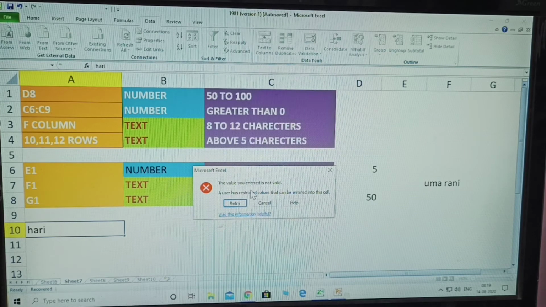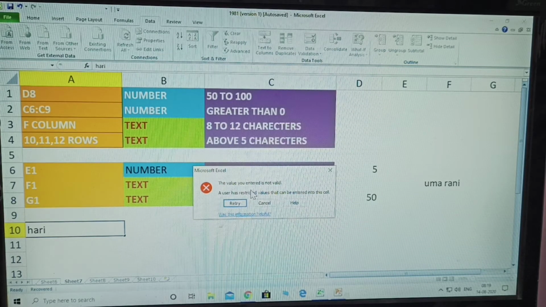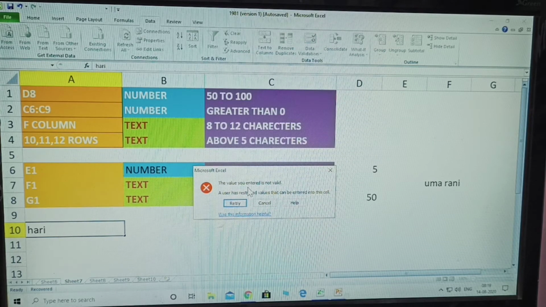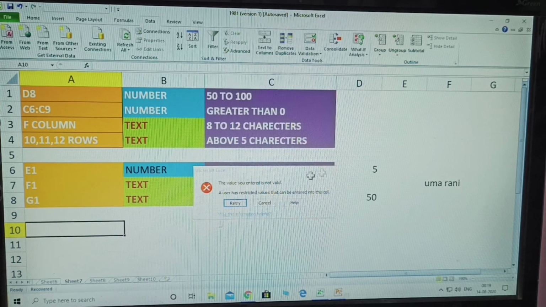This condition is also displayed. Okay, it only displays this type: this value is not correct for this type of condition given. Okay, how to do that, first explain.